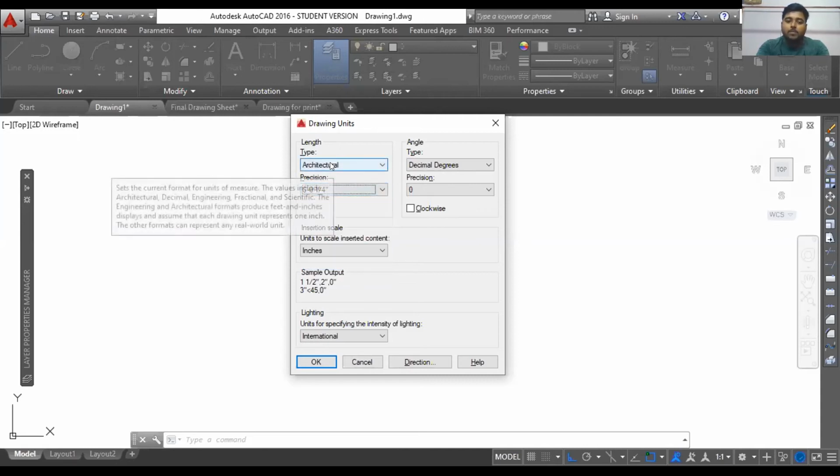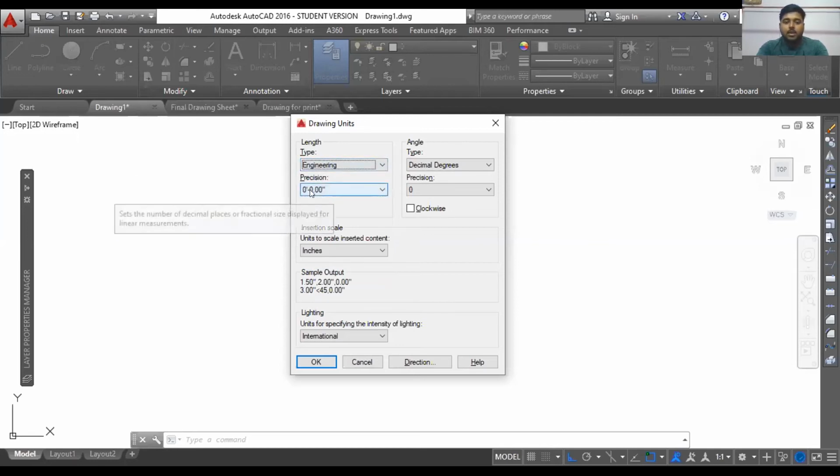Or apart from that, if you directly want to show them like 8 feet 2 inches, 8 feet 10 inches, 8 feet 6 inches, in that format, then you can use the engineering option. Here you will easily get this 0 feet 0 inch option. So you can show them like 8 feet 2 inch, 8 feet 5 inch. You can show it in that way. Or else you can show 8 feet 5 inch, 1/4 of inch.